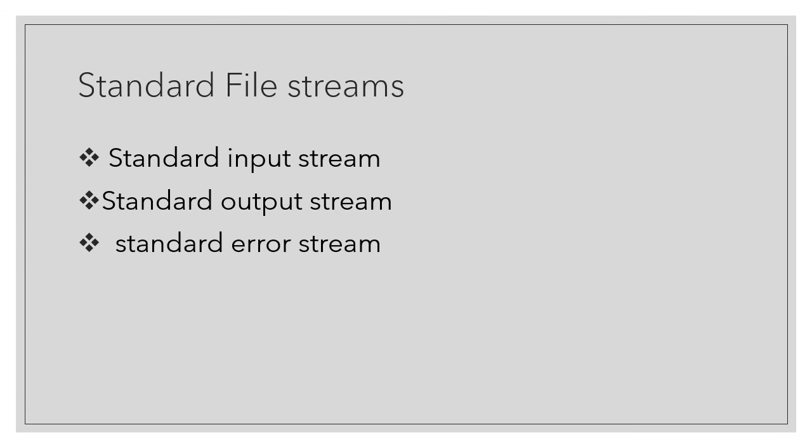The next one is standard file streams. What are all the standard file streams we have? The standard file streams are three streams. Before seeing that, we'll see some introduction about the standard file streams. We use file objects to work with the data file. Similarly, input or output from standard input-output devices is also performed using standard input-output stream objects.